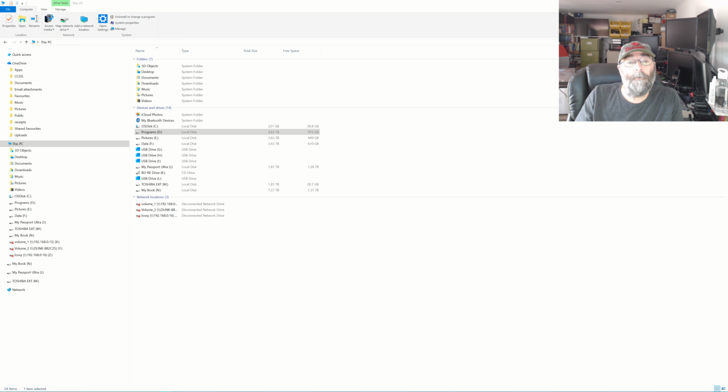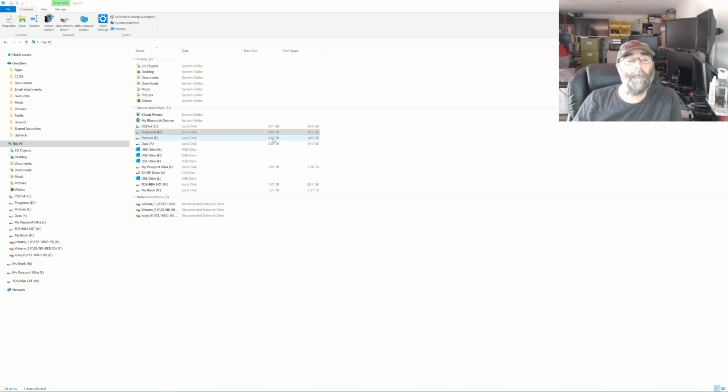It's very similar to TreeSize that I'm going to be using, but I'm going to be using the Unix tools because I'm more familiar with the Unix tools. Within there, for example, I have several hard disk drives: a C drive, a D drive, an E drive, an F, an L drive, an M drive, and an N drive. What I'm going to be doing is going into one of the local drives here, the E drive, which is only